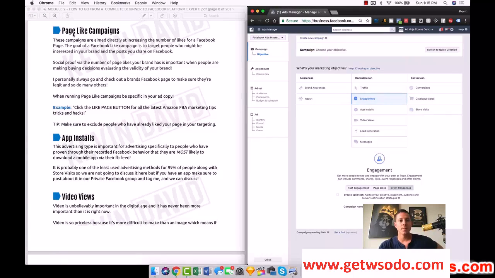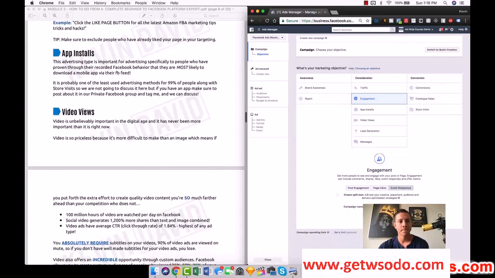Right, so we did talk about page-like campaigns, right here under engagement. It's a really good way to build social proof for your actual Facebook page. So if anybody wants to come check out Kevin David, see if he's legit, see if he's weird and selling counterfeit corgi merch or whatever, and they come and see, okay, well, he has 30,000 page likes, so he's probably not gonna scam me out of my corgi merchandise money.